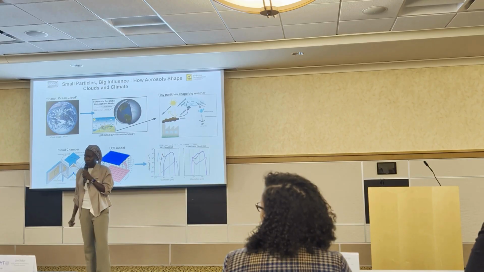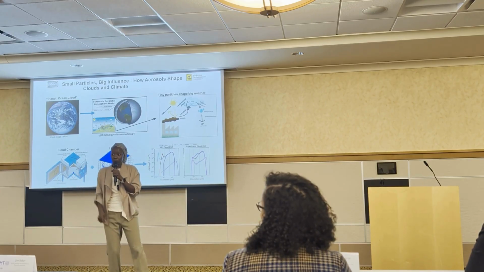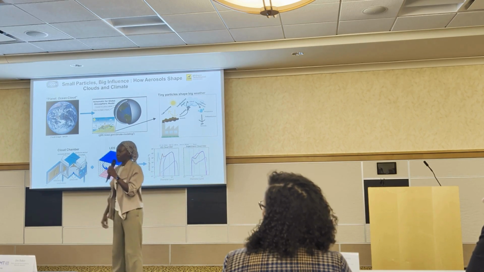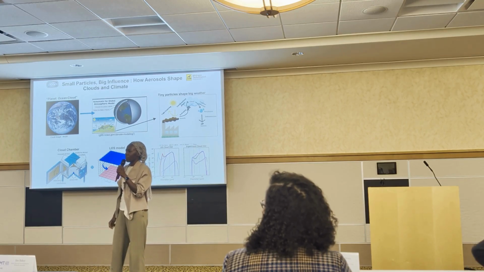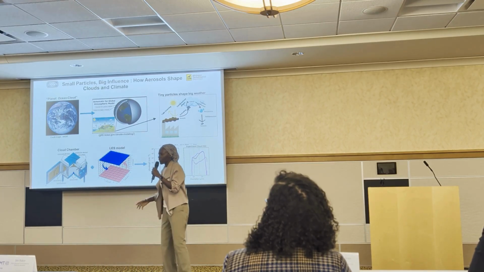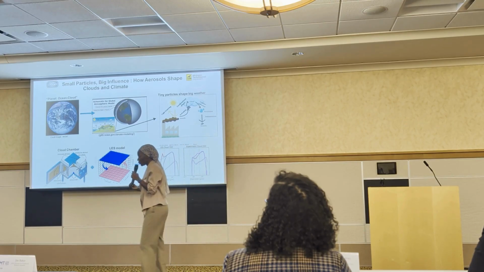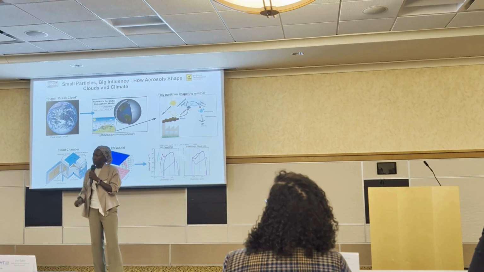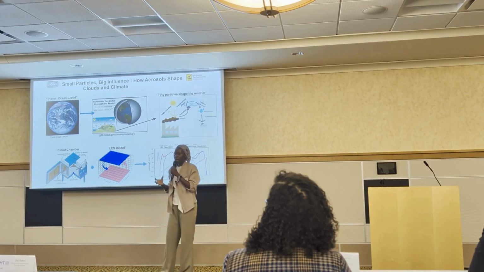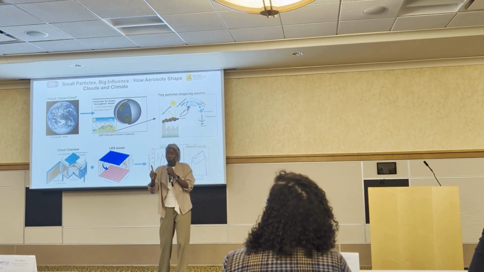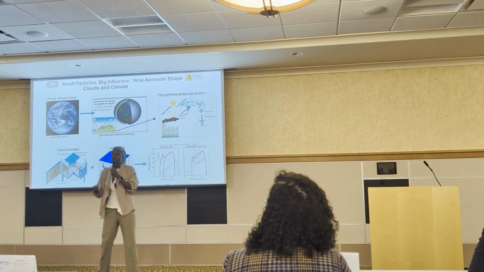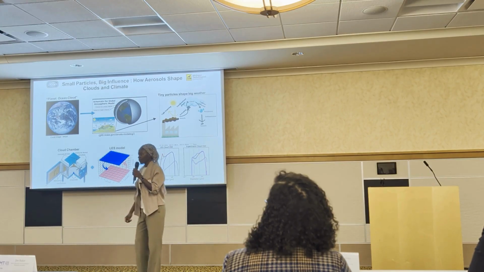Here's the catch. If you have more aerosols, you get more clouds, but small in size, so they can't grow and become rain. But if you have few aerosols, they have room, so they can grow larger and become rain. Even though we know that aerosol numbers are important, we still don't fully understand how those tiny particles impact our bigger weather when there is turbulence in the environment. By turbulence, I mean constant mixing.